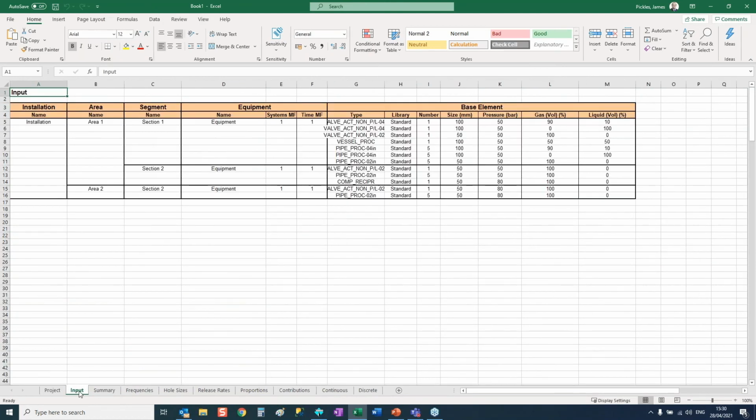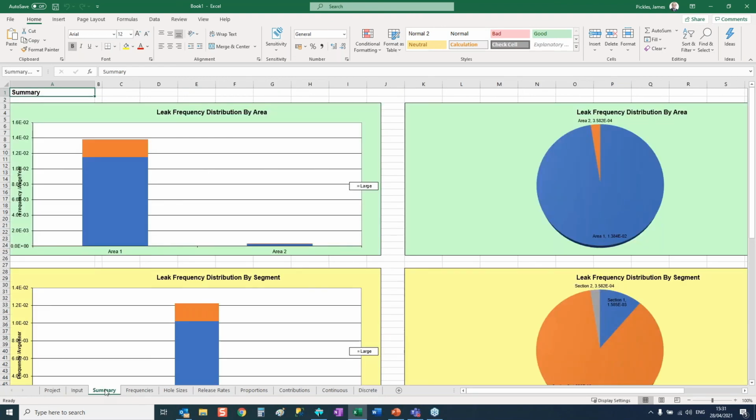We have an input worksheet, which summarizes the parts count data. So that could be quite useful for copying into a report. You could format that data or table however you wanted, and then copy into a report. We have a summary worksheet, which gives some charts representing the